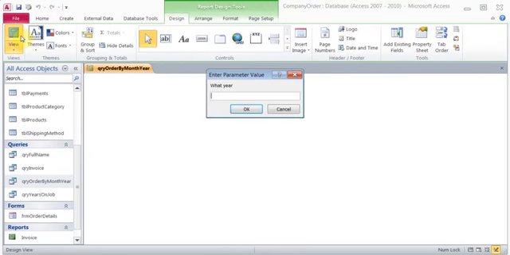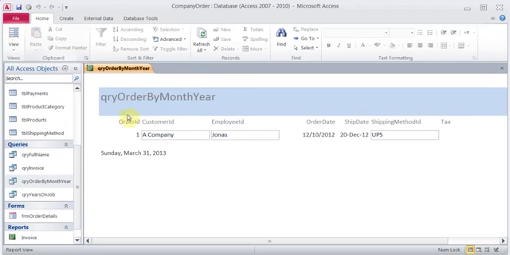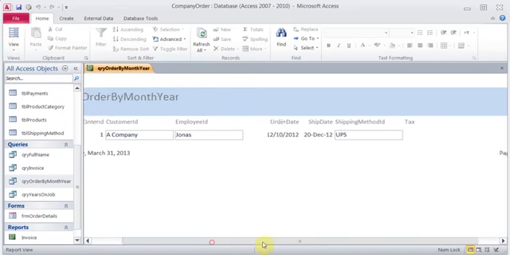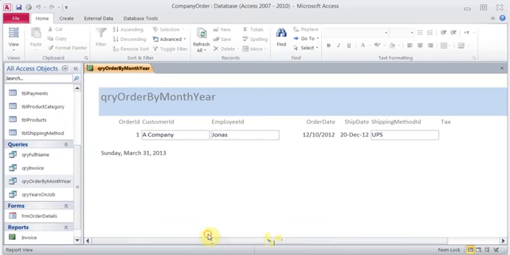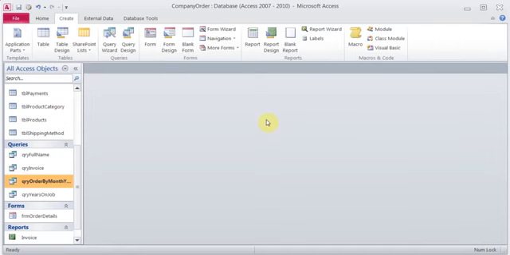December 2012, there it is. I have my one record. But now if I wanted, I could go back and create a summation of the sales or whatever, and then get my report ready. Now the last thing that I want to talk about here is an extra feature which is available in 2010